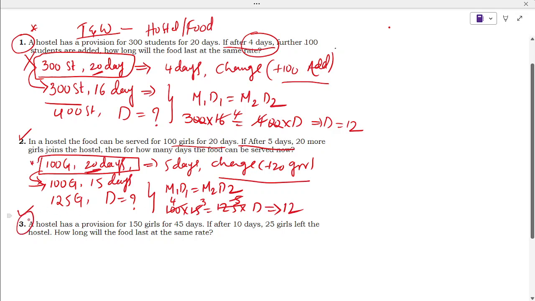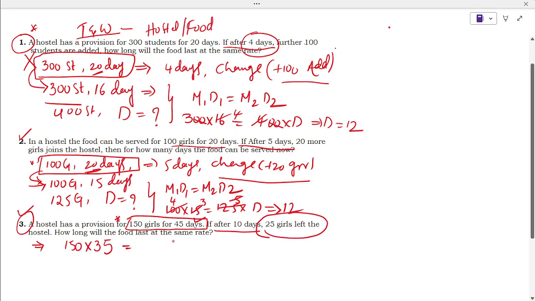So the last question of this concept, what is the question? A hostel has a provision for 150 girls for 45 days. In order to save some time, from this question onwards I am not going to write the condition given in the question, because at any cost it is changing after 10 days. So I am going to write the condition directly after 10 days. Previously for 150 girls, the food was served for 45 days. After 10 days, it will be served only for 35 days,